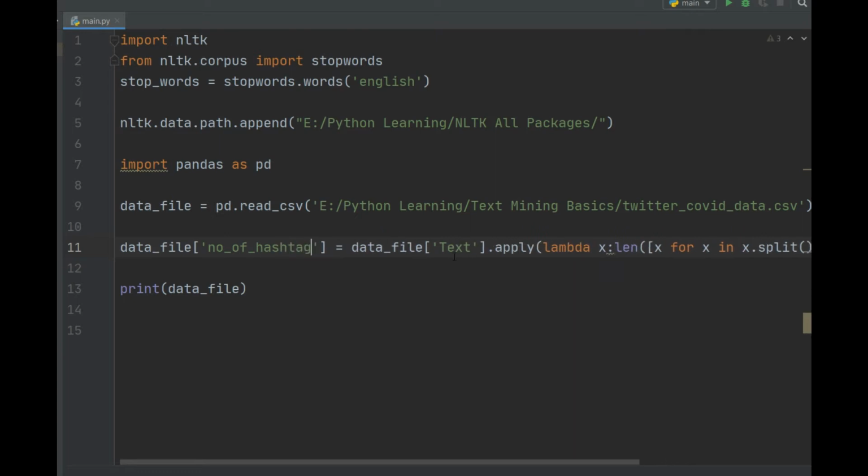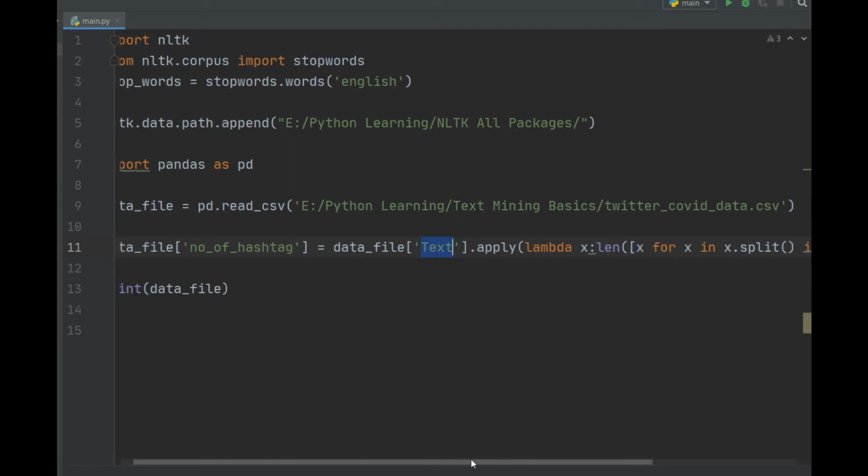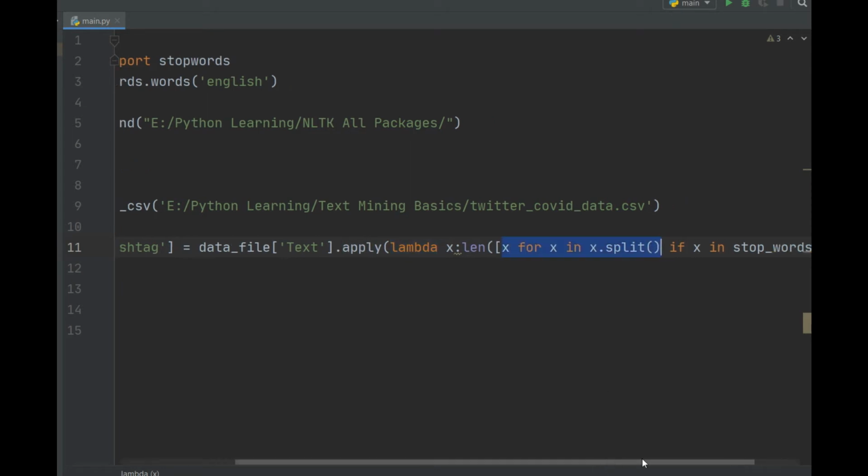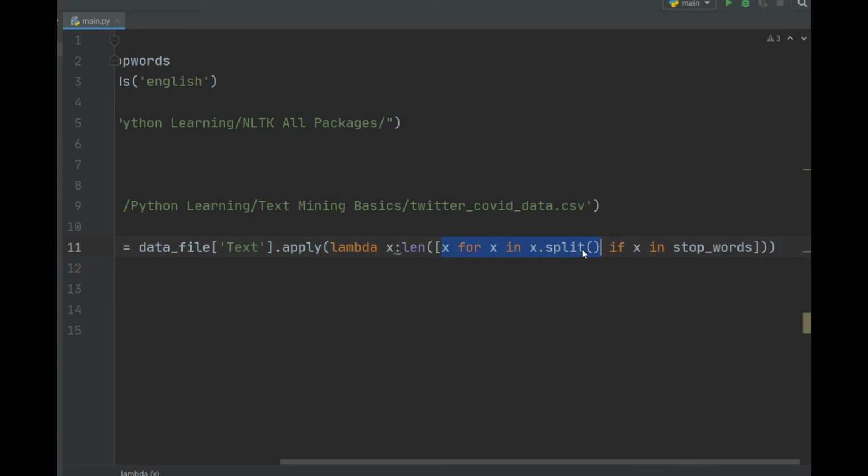From the text, basically the text attribute contains all the tweets data inside this csv file. So we apply the lambda x, such as first we split the sentence into words, and for each individual word